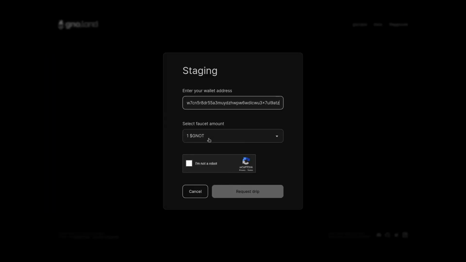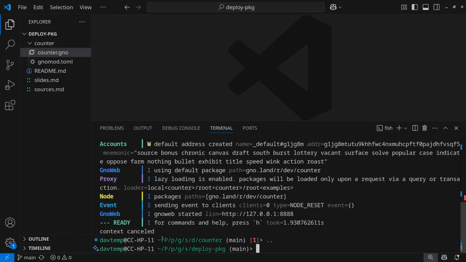I set my wallet address. I take 10 GNOTs in my case. I say I'm not a robot, and I request a drip. And that's good. A good practice is to test your package really well before releasing it,